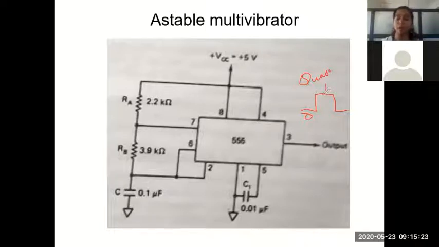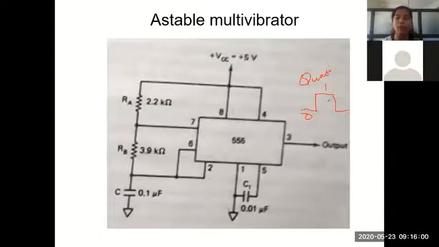And how do we judge? You will say, looking at the output waveform, both have two states. Even monostable has 0 and 1 state, even astable will have 0 and 1 state. Then how do you say whether they are stable or quasi-stable? The simple way to determine that is, this circuit works without an input signal. In the sense, by using external components like resistors and capacitors, we can make the circuit change from one state to another state. And it doesn't need an external input trigger for this purpose.